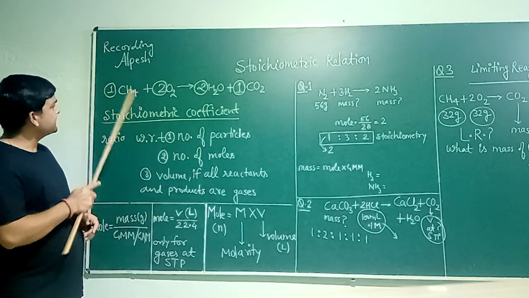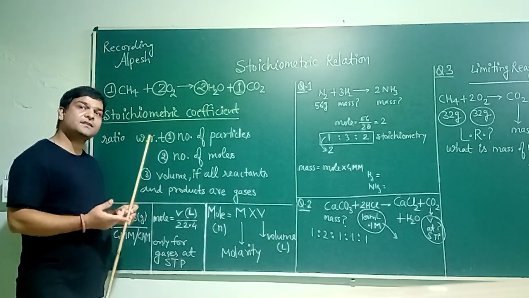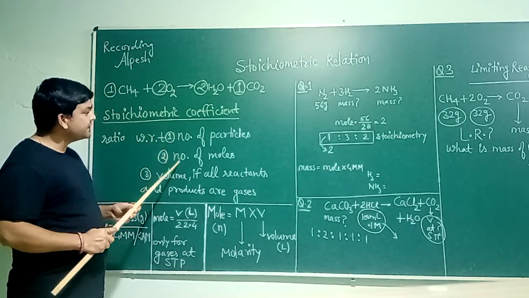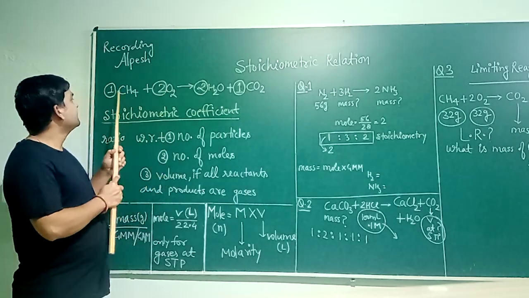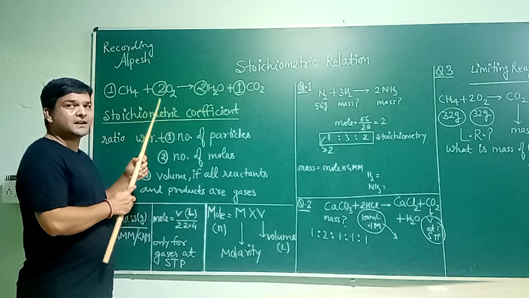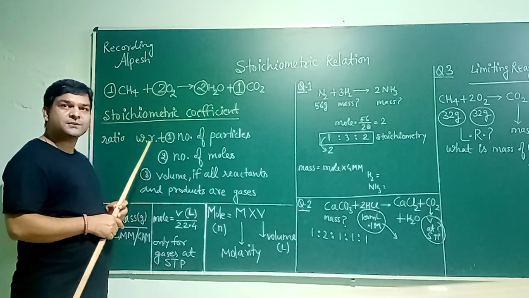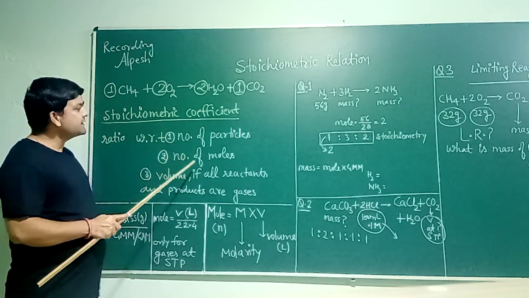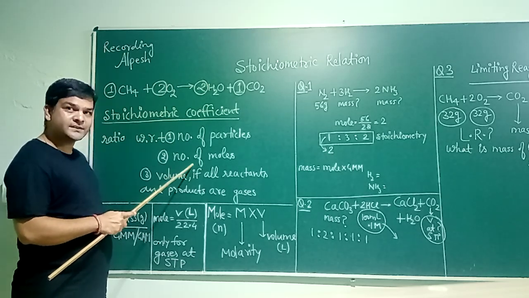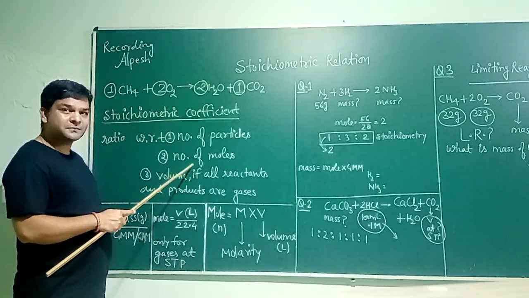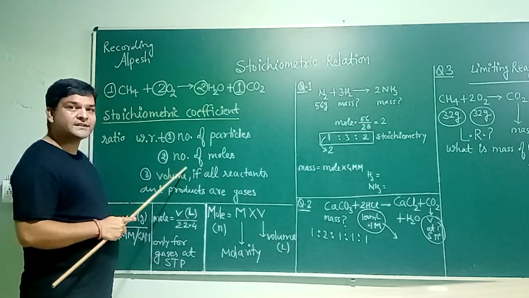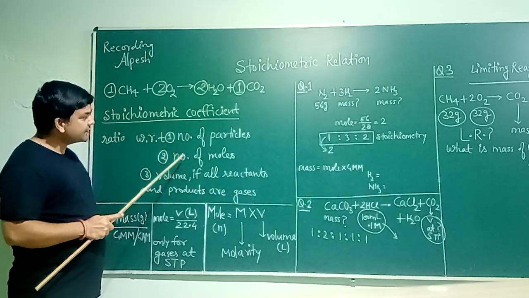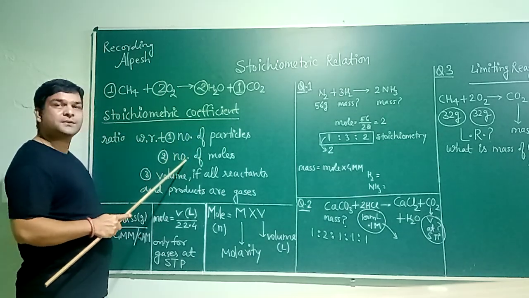Now out of these two, number of particles and moles, they both are 100% right as well as similar to each other. But moles are more beneficial for us, as you know that one particle or two particles have negligible mass or negligible quantity. You cannot handle this quantity in the laboratory as well as for calculations. But moles give us a sufficiently high quantity which can help us for easy calculation, and we can handle this quantity in the laboratory also. So both are complementary to each other, but for calculation generally we prefer number of moles.